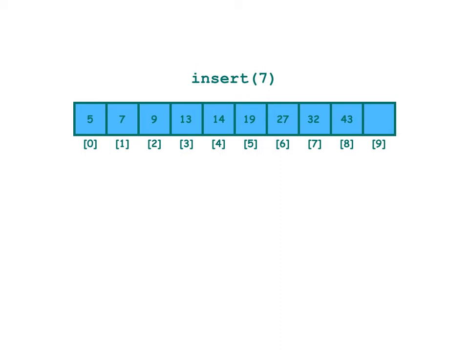relatively time consuming. Right? Same thing goes if I want to remove a value. Suppose I want to remove the number 13 from the array. Well, I don't want to just erase index 3 and leave a gap there. I want to close that gap, which means I'm going to have to move all the numbers behind it up one spot. Which, once again, if I'm working with a very large array,